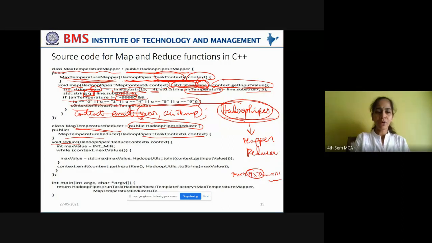Okay. So what parameter is it taking? It is taking a context parameter. Now what is there in this context? It is taking a context object as parameter. Now what is available in this context object? The output of the map phase, which can be utilized to perform some evaluation in the reduce phase.